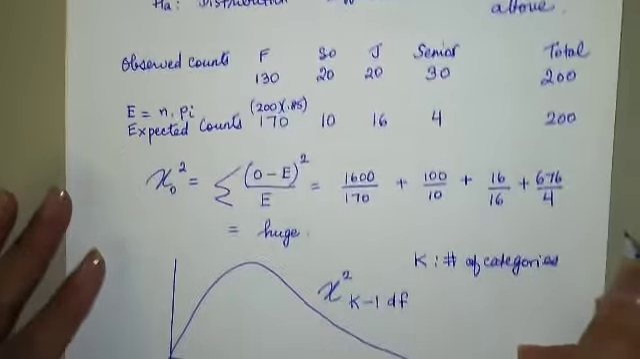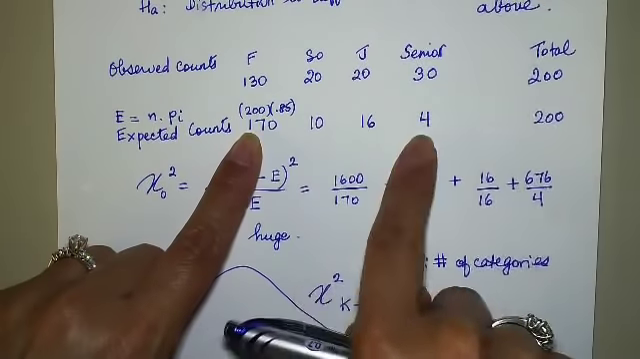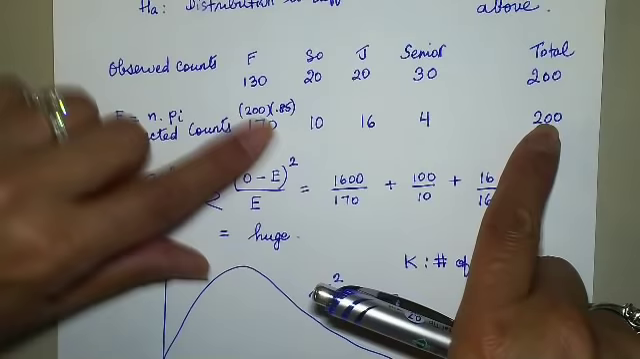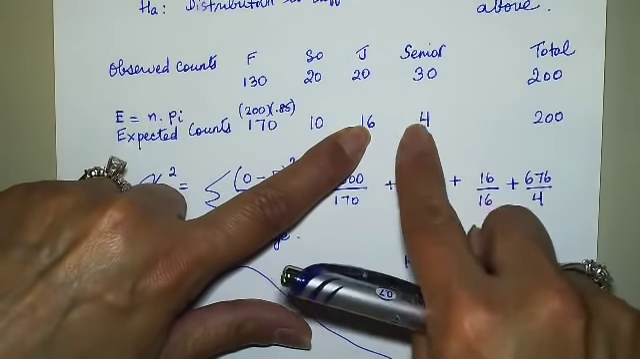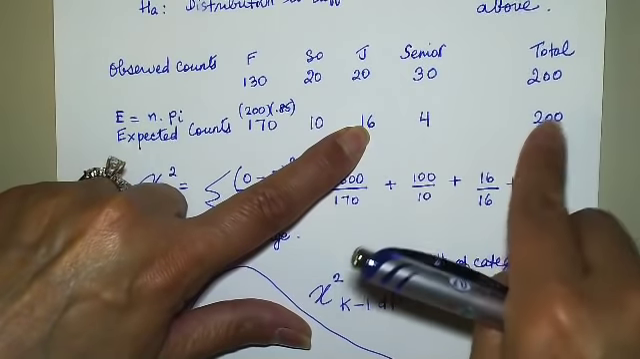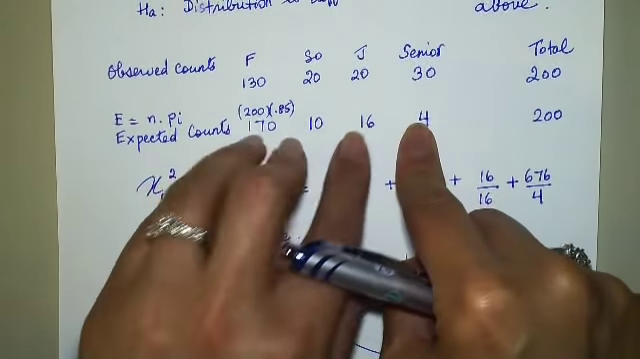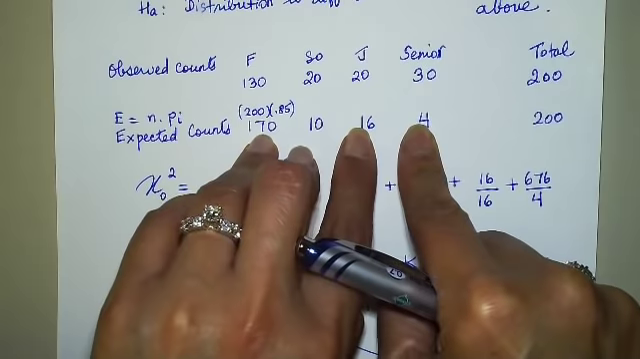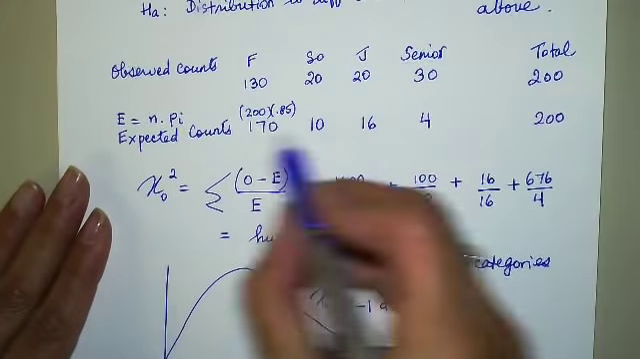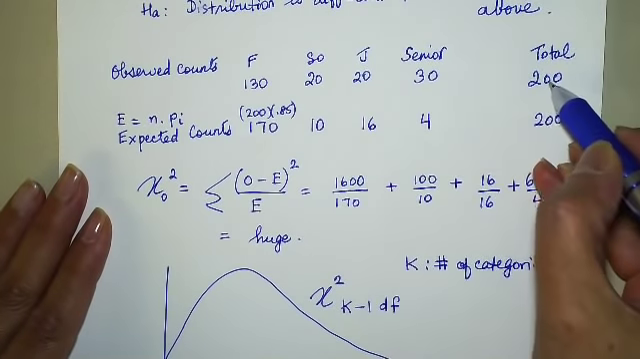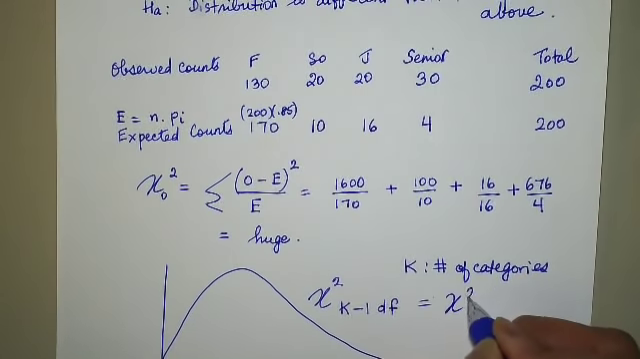Then I go to my chi-square, which is another right-skewed distribution with k minus 1 degrees of freedom, where k is the number of categories. So here I had 4 categories. K is 4 for this problem. So k minus 1 would be 3. And the reason why the degrees of freedom is k minus 1 is because you see how this total had to remain 200? And 3 of these are free choices, but the last one is not a free choice because